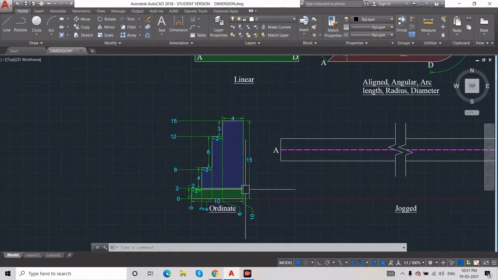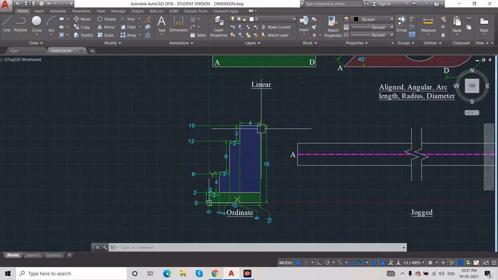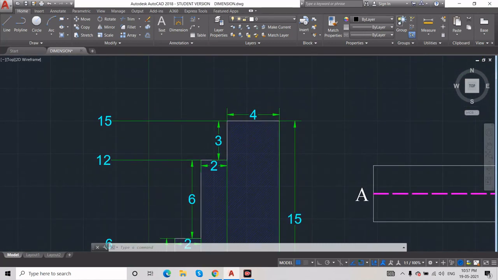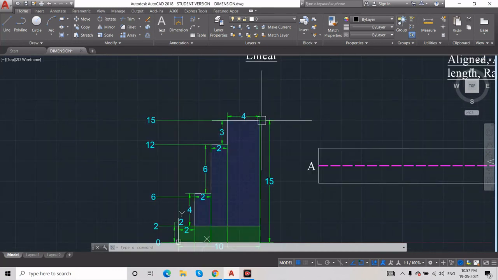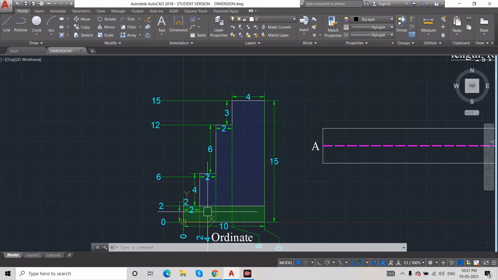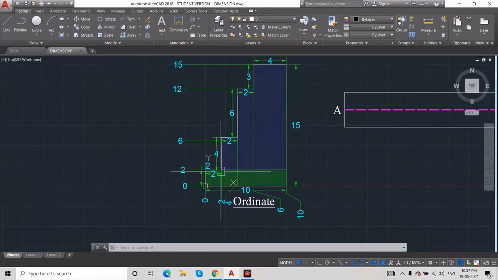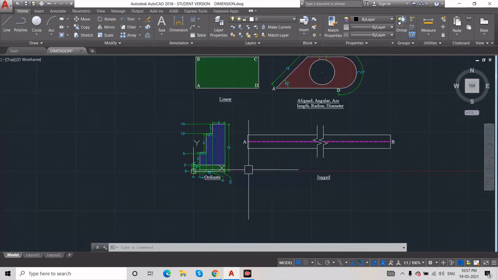So finally it is 10. So you can measure ordinate in x and y direction. So this point will be 10 comma 15, and this point will be 6 comma 12, this point will be 4 comma 6, and this point will be 2 comma 2. Okay, so this is all about the ordinate command.